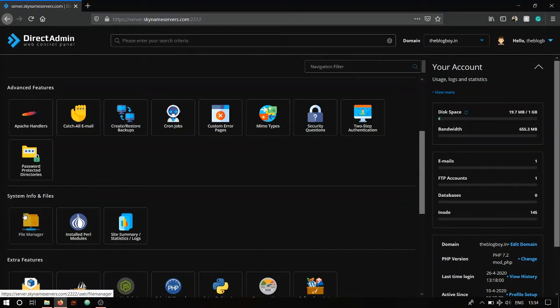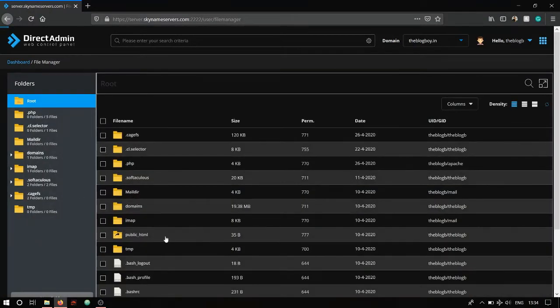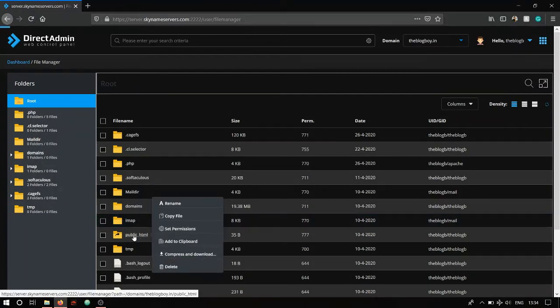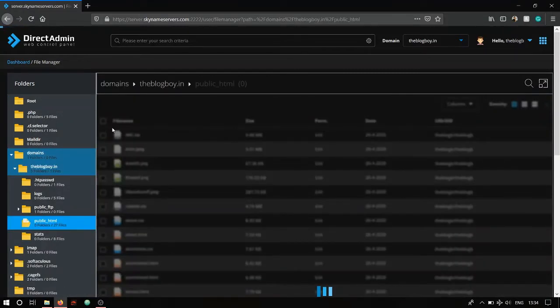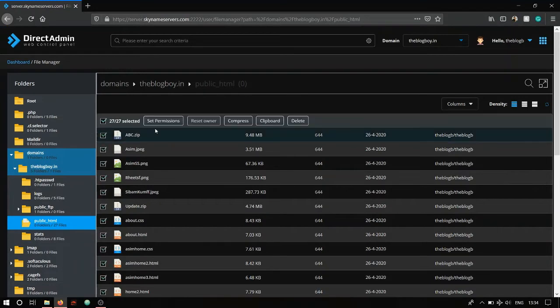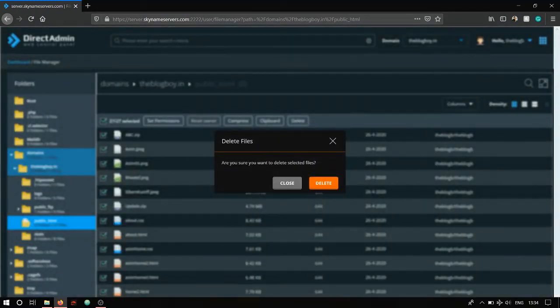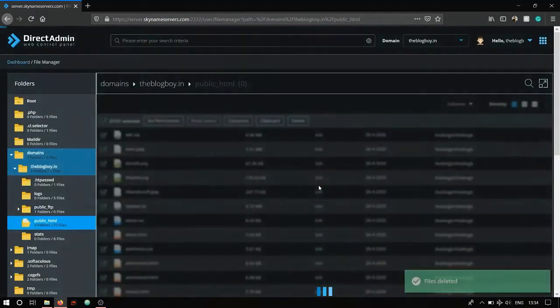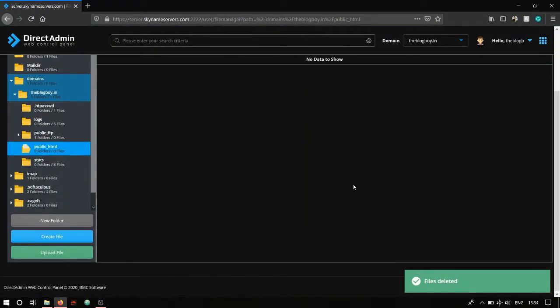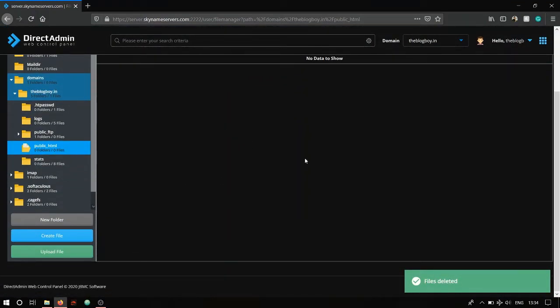So over here inside System Info and Files, you'll find File Manager. Click on it, go to public_html. From here, select all the files and delete them. I have these many files, but you will have files that are added by default by DirectAdmin, so delete them. Once you have deleted them, make sure that there is nothing inside your public_html folder